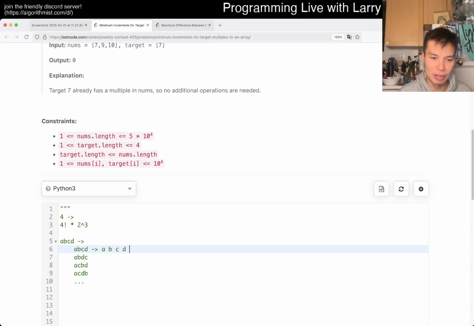You could have all of them individual, where they're all separate, or you can have something like that, and so forth. And that's 2 to the 3rd because there are 3 spaces inside, and 2 ways to do each,